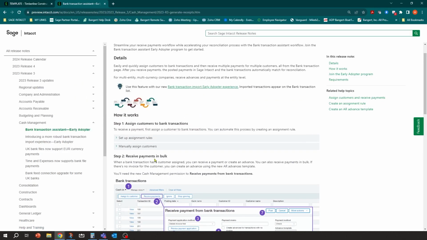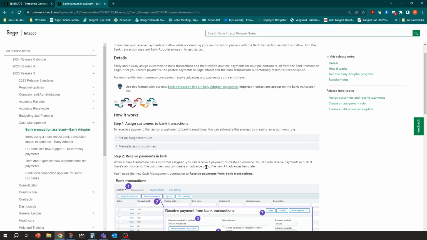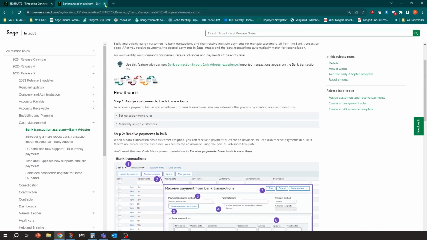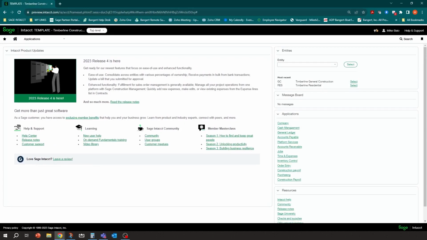What's really nice is they have a very visual chart here that you can look through the process, and we're going to go through this process today, and then you can get more information on it as well. So that's available for you. So what we're going to do is kind of go through a couple of the configuration items and take a step back. What this basically can do for you is this can allow you to automatically assign customer payments that